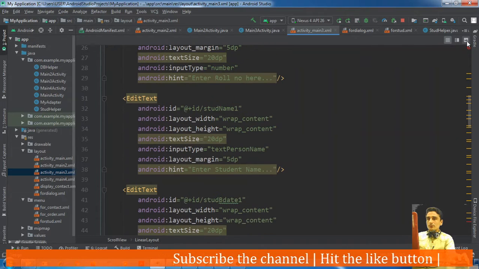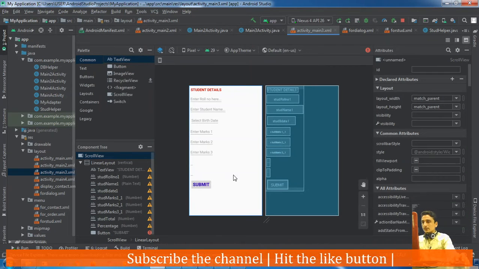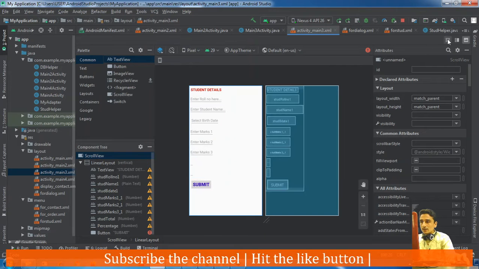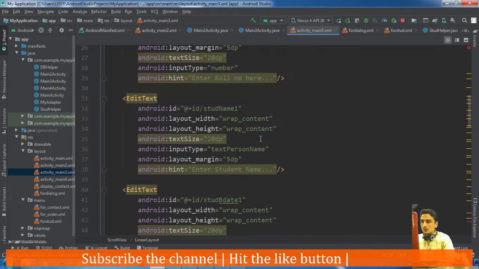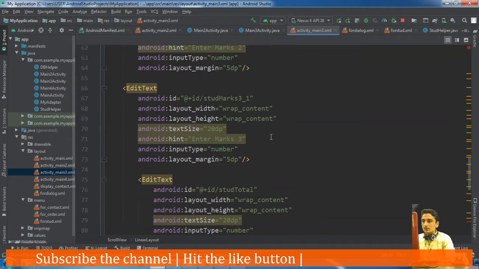This is the layout of activity 3, and in activity 3, okay, let us put the hint so we can get an idea how it appears.